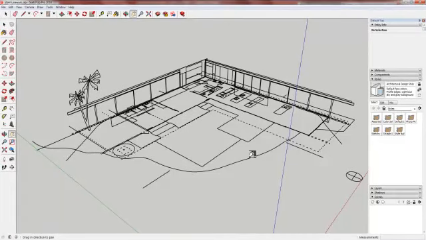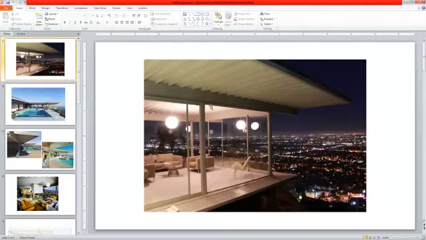Now that we've got our line work in, we're going to actually start to create a massing model. So what we're going to start to do now is reference some images of how the building was put together. Since we don't have a full set of construction documents, we want to just get an idea of what the building looks like. From Moodle Rooms, you can find a PowerPoint presentation that has some images of the Stahl house,